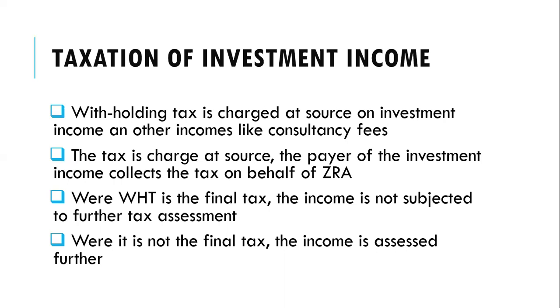This is going to be relevant when you start going through questions. That's when you're going to really understand the importance of this. So withholding tax, which is the final tax, is not subjected to further tax, right? Then withholding tax which is not the final tax is assessed further. So where withholding tax is the final tax, I will emphasize, the income is not subjected to